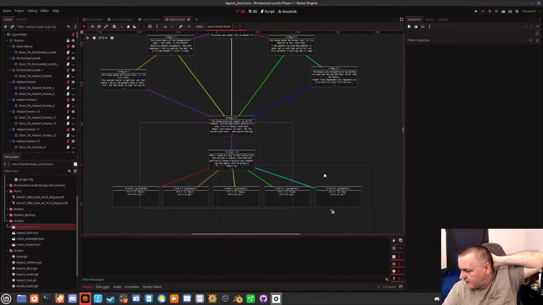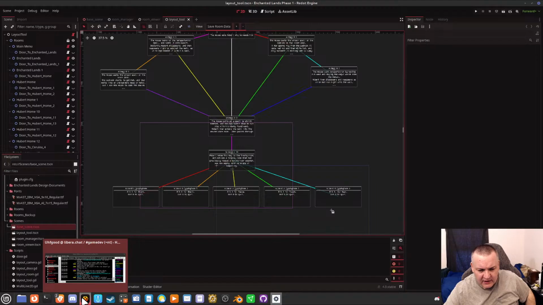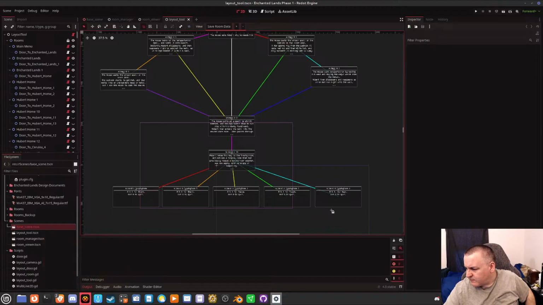Anyways, hold on a sec. Why is Hex Chat highlighted when I can't see it? I don't know why it's acting weird. Okay, maybe just because I didn't click it.